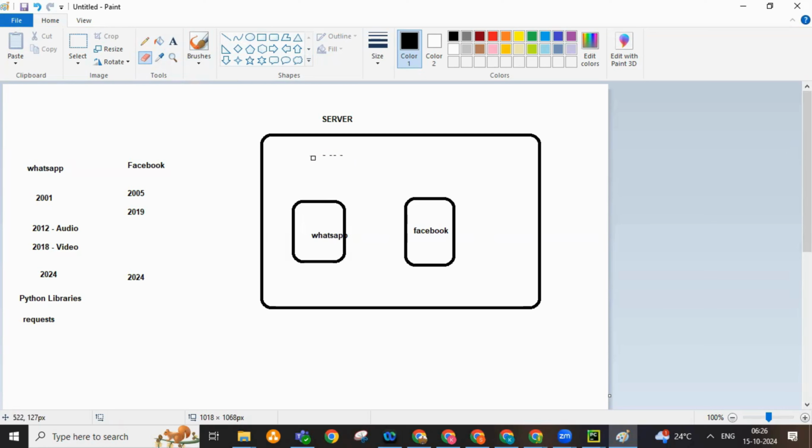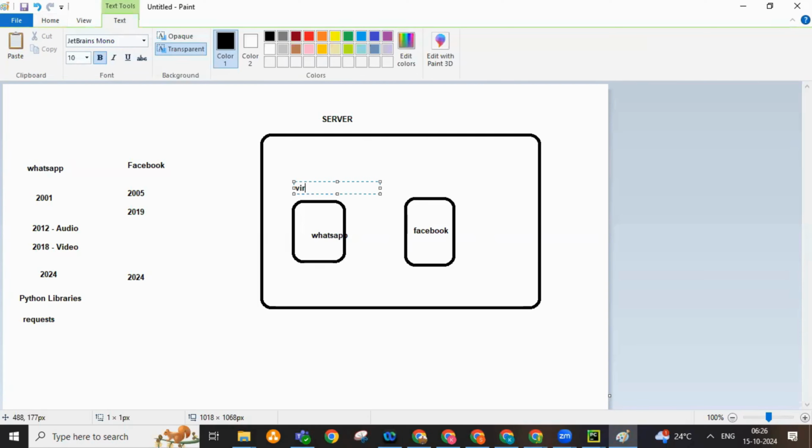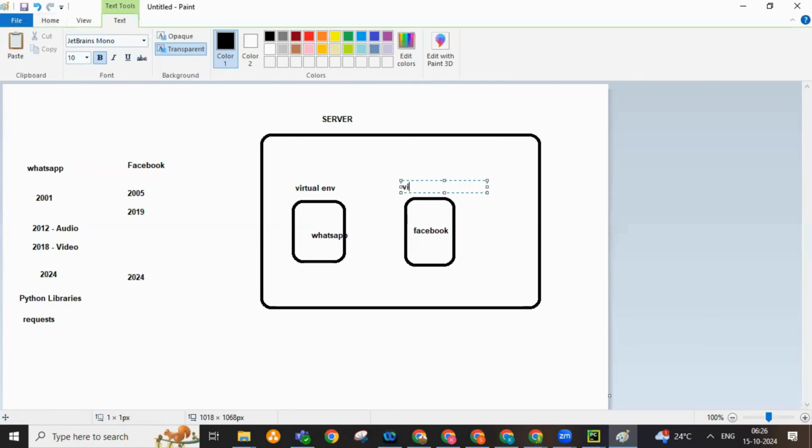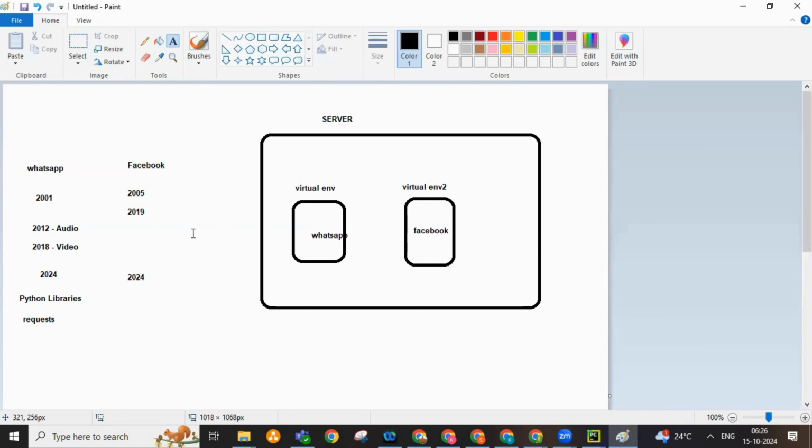In the server, I'll create a virtual environment. Instead of installing the library at the server level, I'll create a virtual environment and install at the virtual environment level, which means that here,